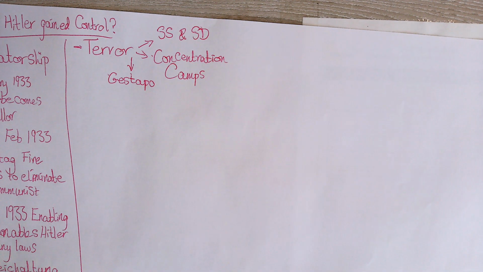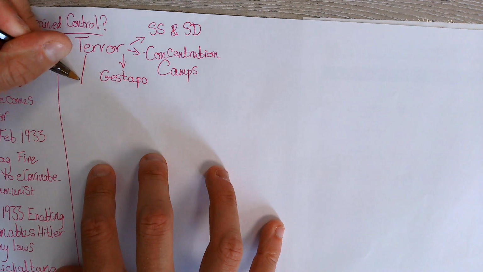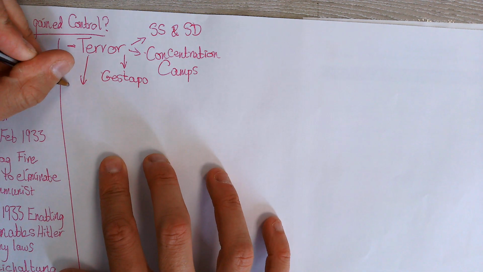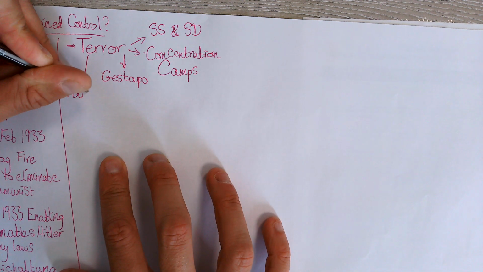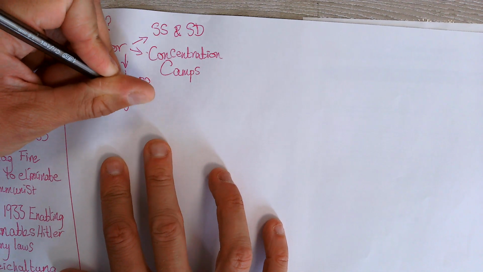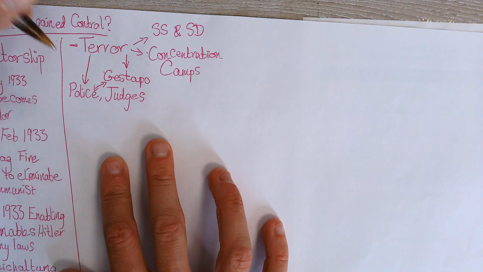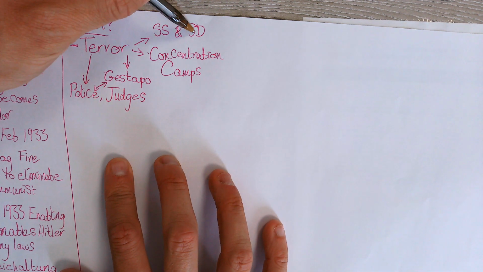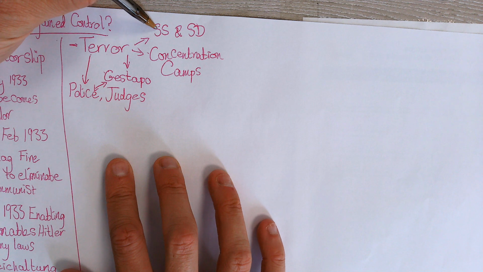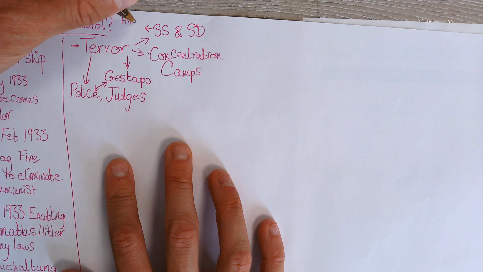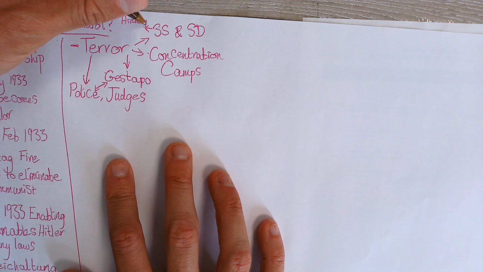So that's sort of one side of what they're doing. Then there's, mixed up in this world of terror, also what the police and judges are doing. Firstly, the Gestapo effectively are the police, and the Gestapo are led by the SD, and then the chain of command leads up to the SS. A reminder that the SS is led by Heinrich Himmler.